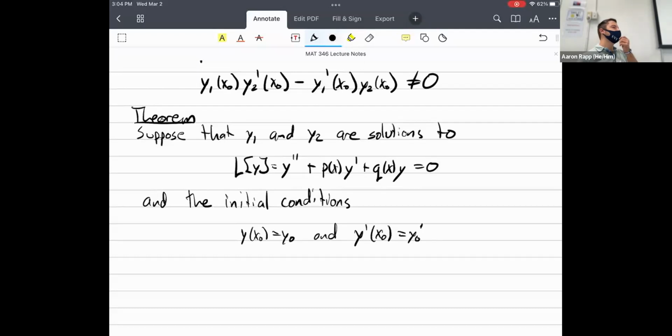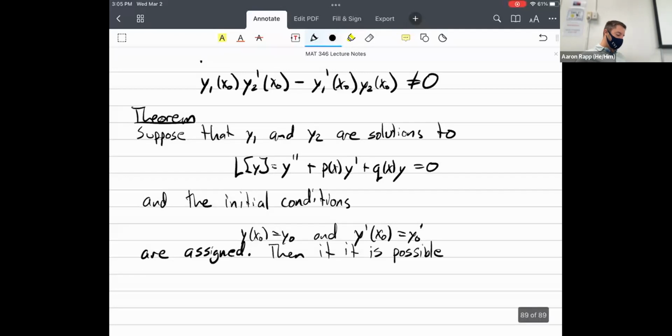And after we find these two solutions, we're also going to apply the initial conditions. Then it is possible to choose